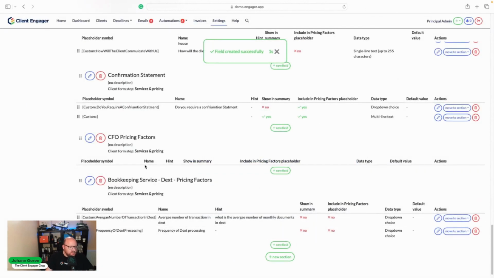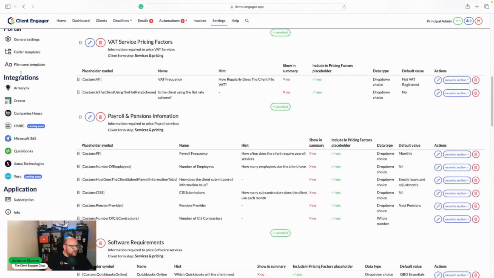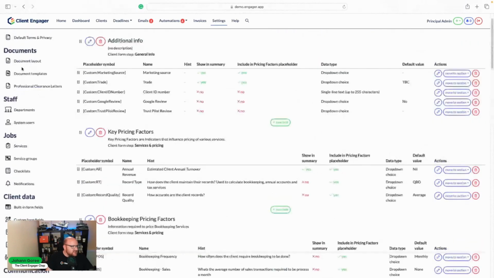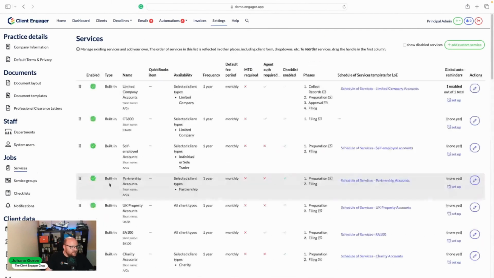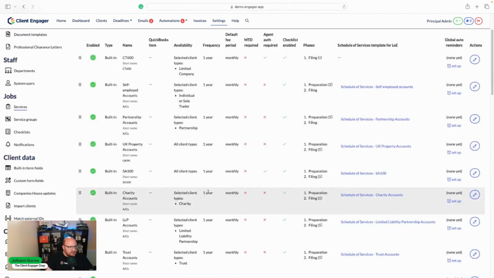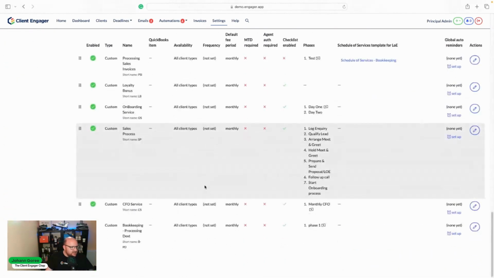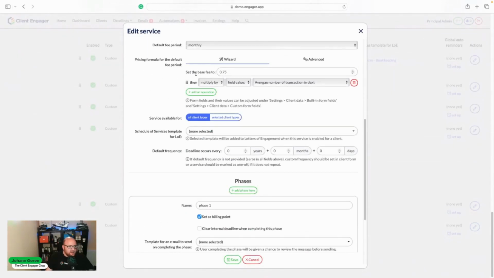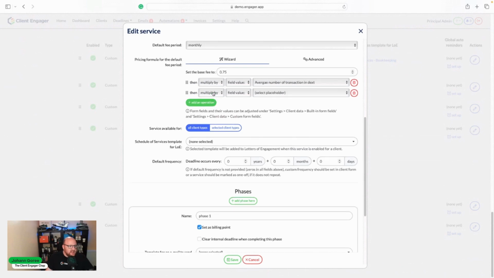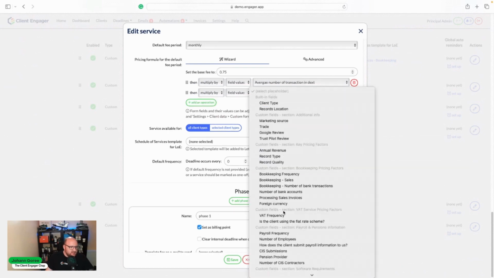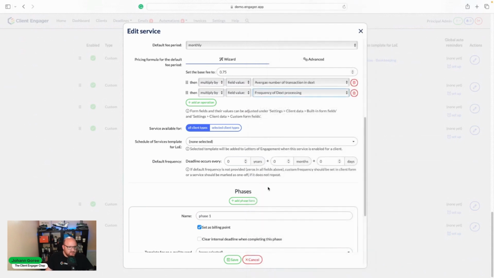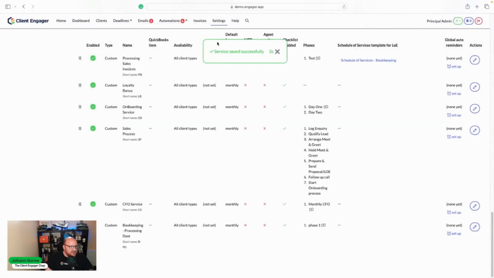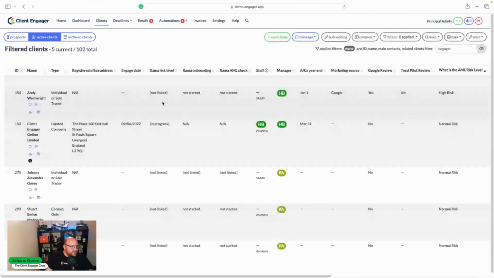So now I've added a new field. I'm now going to go back to my services at the top, and I am going to add that to my equation. So I've already times 75p per transaction by the upper number of the amount of transactions I'm going to give them as an allowance. I want to times that by the frequency. So we'll go to frequency of DEX processing. I'll save that. If I go back to my client,